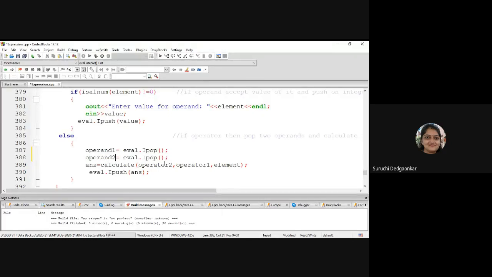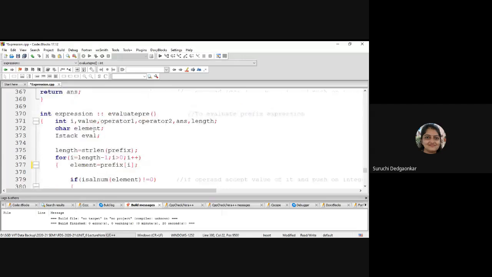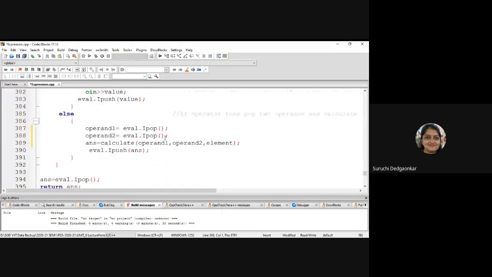And then we are performing the operation on operand 1 and operand 2. So we are performing the operation and pushing the value again.